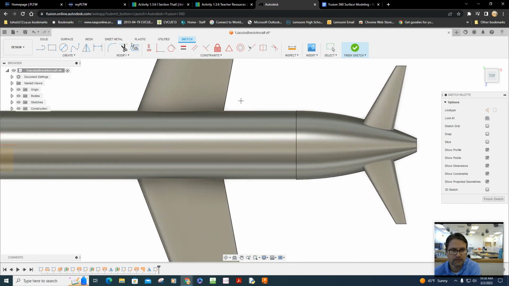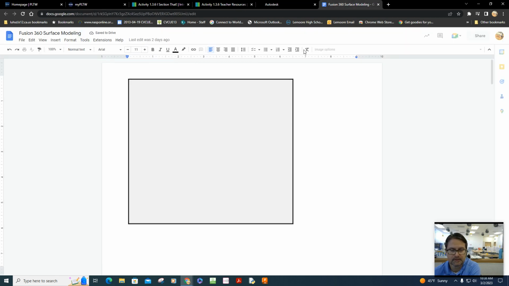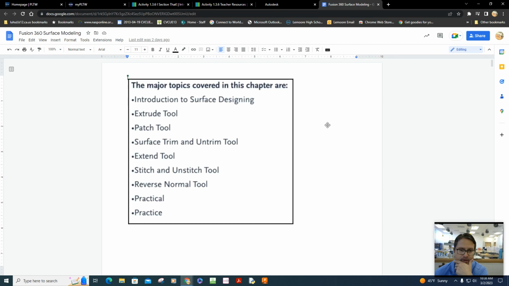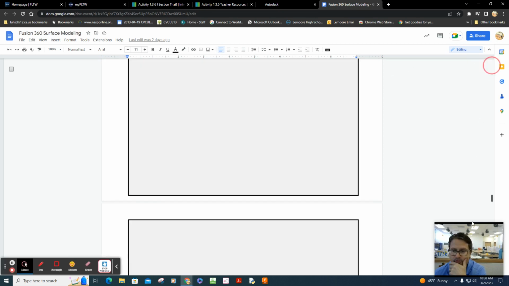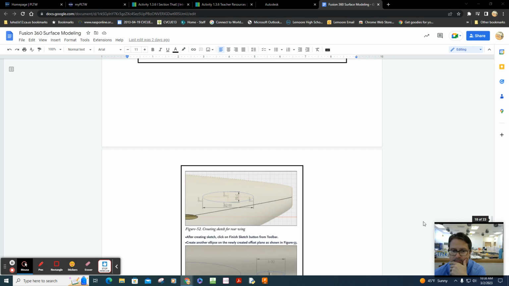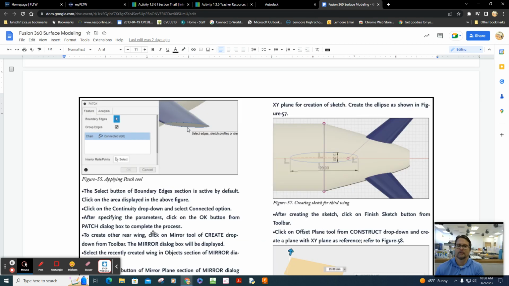And so why I wanted to do that is because of the directions that are given. Let's go through this here, show you the directions. You see that the ellipse is centered along this edge of transition from the fuselage to the tail section. And that's what I want to model.